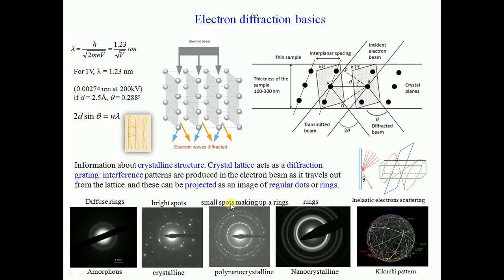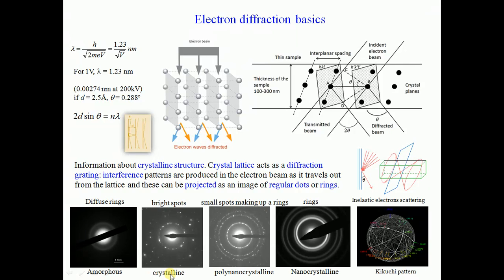So small spots make up rings. And if the spot size is small and density is high, the polycrystalline material is no more polycrystalline, it is nanocrystalline. So a ring pattern is observed in electron diffraction if your material is nanocrystalline. You get small spots, polycrystalline. You get bright, distinct spots,